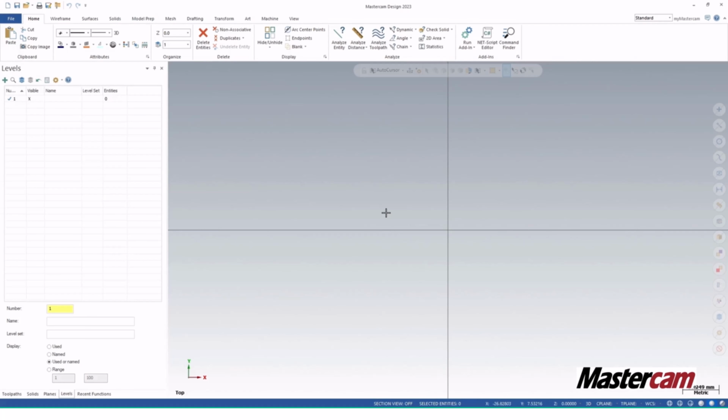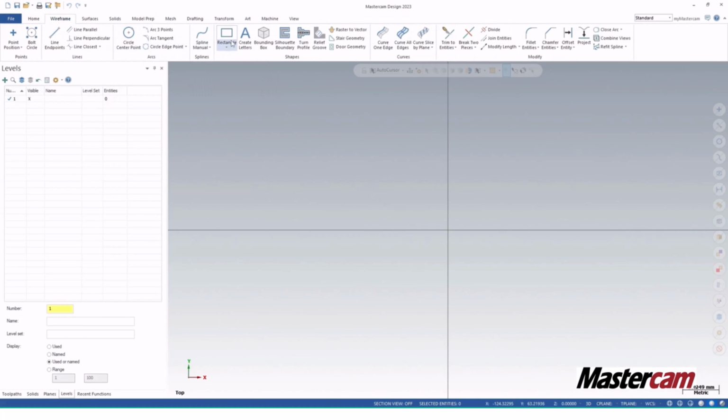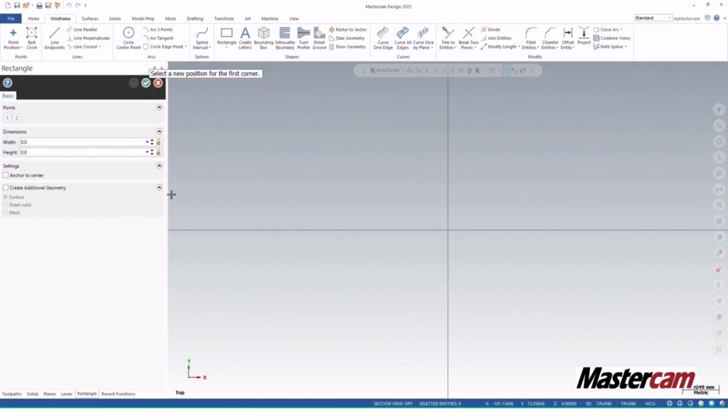For that, you have to create 2D wireframe. So I'm going to create a simple geometry to give you an overview of how we can make 3D toolpaths for our 3D geometry. Let's get started and make a simple geometry using the wireframe tab. Go to rectangle. I'm going to create a rectangle and make it centered. Click here. Just create a simple rectangle. Height 100 and the width is